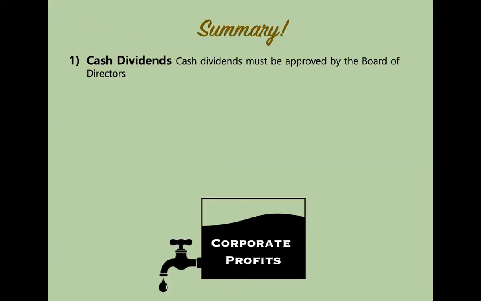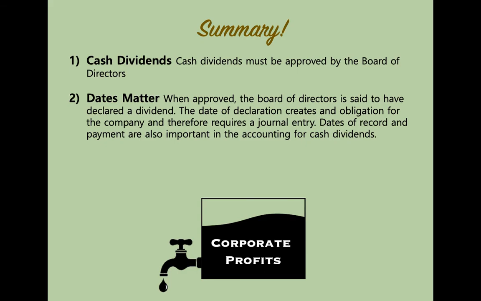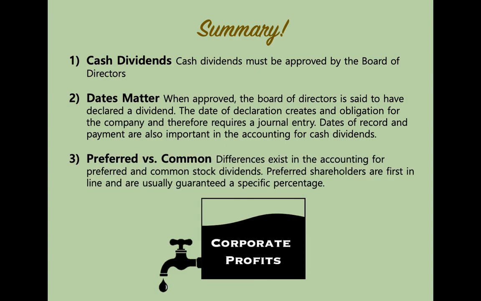So, in summary, cash dividends must be approved by the board of directors. Dates matter. When approved, the board of directors is said to have declared a dividend. The date of the declaration creates an obligation for the company and therefore requires a journal entry. Dates of record and dates of payment are also important in the accounting for cash dividends. Preferred versus common: differences exist in the accounting for preferred and common stock dividends. Preferred shareholders are first in line and are usually guaranteed a specific percentage. And, as always, remember,